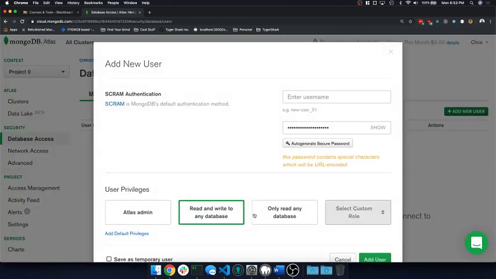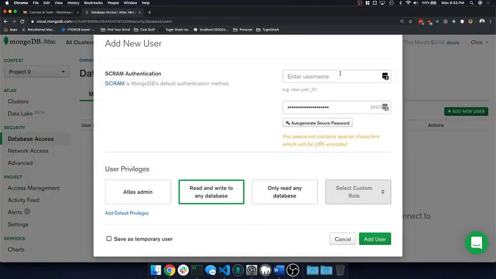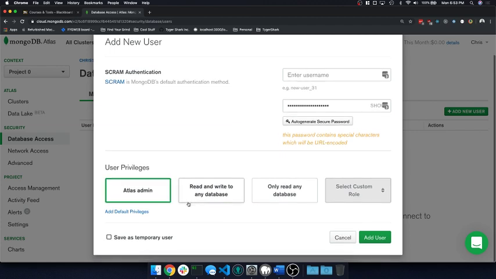When you add them, you have different types of stuff that you can do. So obviously you put in your username and your password, but there's different user privileges. Atlas Admin is a little bit different than the other ones. What this does is it creates a user that has access to manage your Mongo Atlas account. So you can do it if you want. You can think of it like a full access account, but you can also just do a read and write